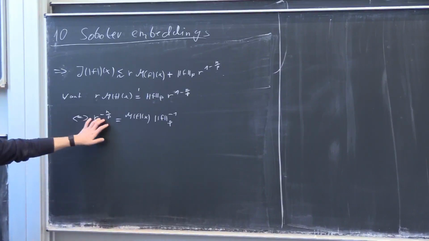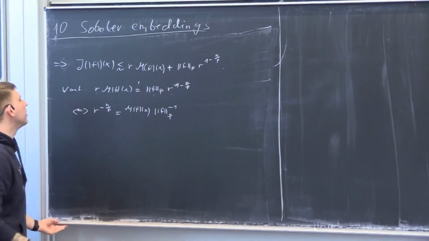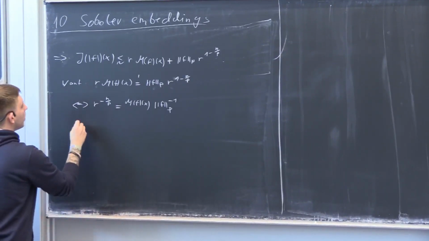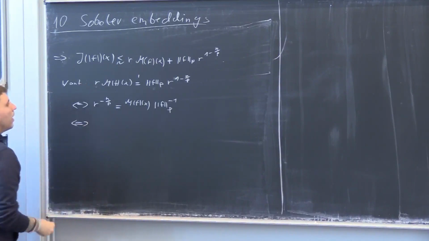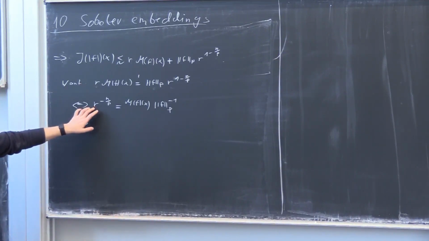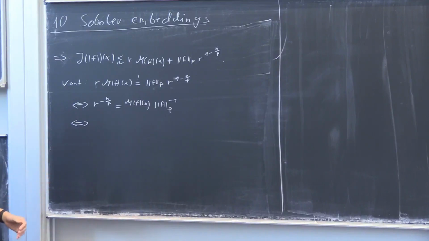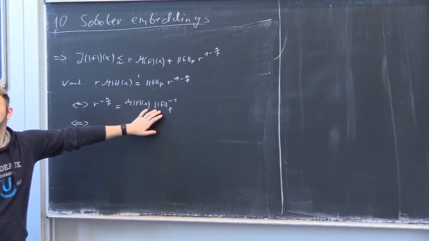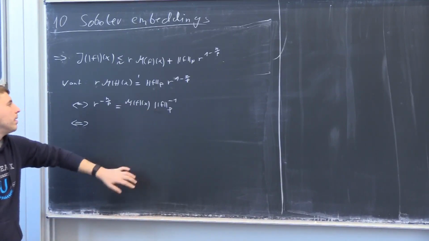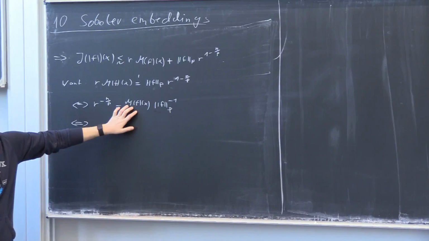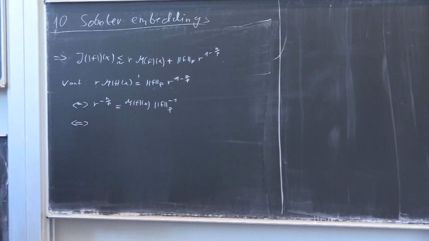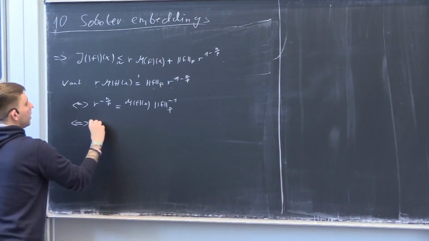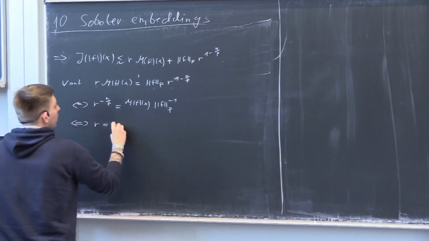Okay, then I can remove this power. So this is equivalent to, and here now you see, I want in particular to take the whole identity to the minus 1, and for this I need that this is non-zero and this is non-zero. This is non-zero because we work with a non-trivial F, and this is non-zero by this reduction that we had at the beginning. So I can indeed take everything to the minus 1, and then I get here R is equal to